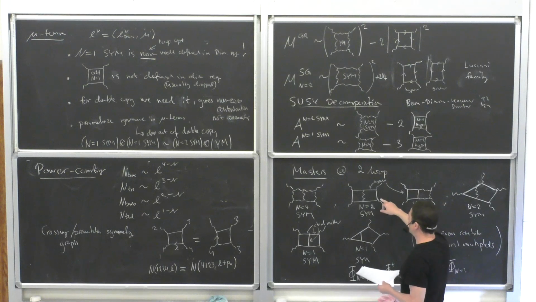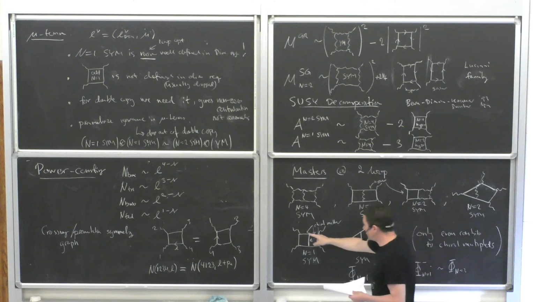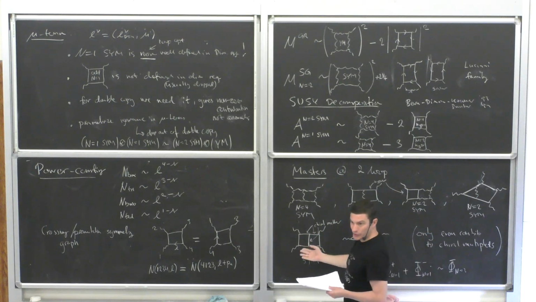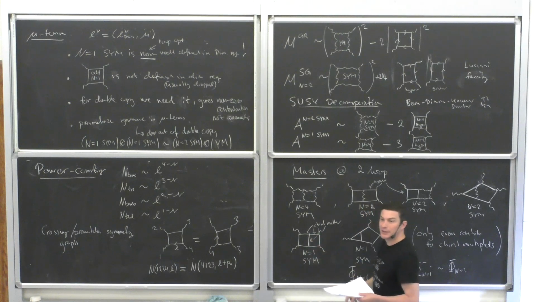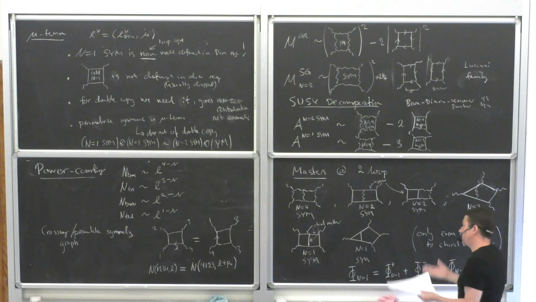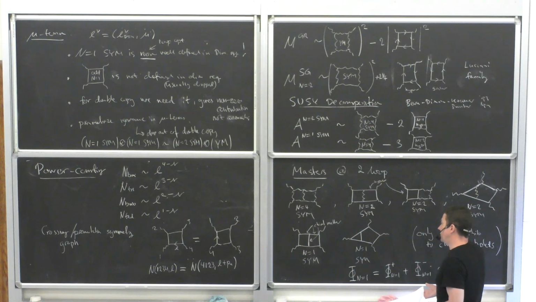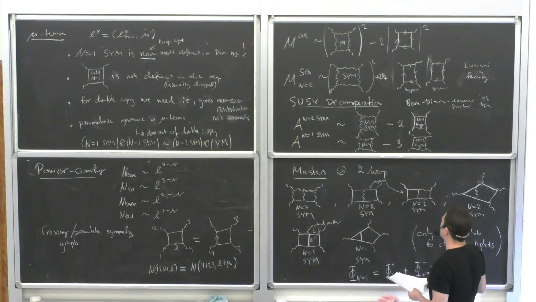And likewise here, when we have a single matter line, then we pick N equals 2 because we know that such contributions exist in N equals 2. When we have like 3 matter lines here, then there's no choice, it has to be N equals 1 because this type of interaction doesn't exist in N equals 2, right? So that's the general philosophy, that we try to crank up supersymmetry as much as possible, and then we're led to this.